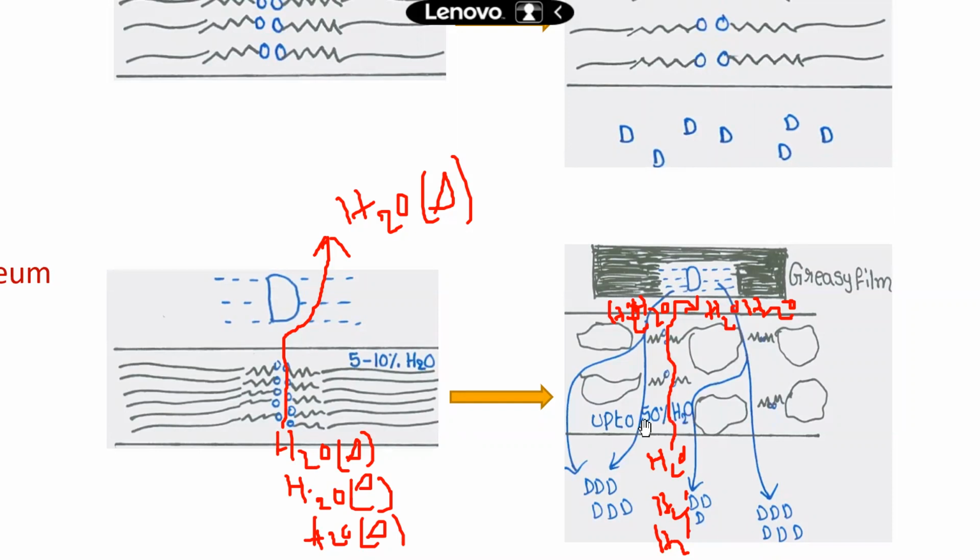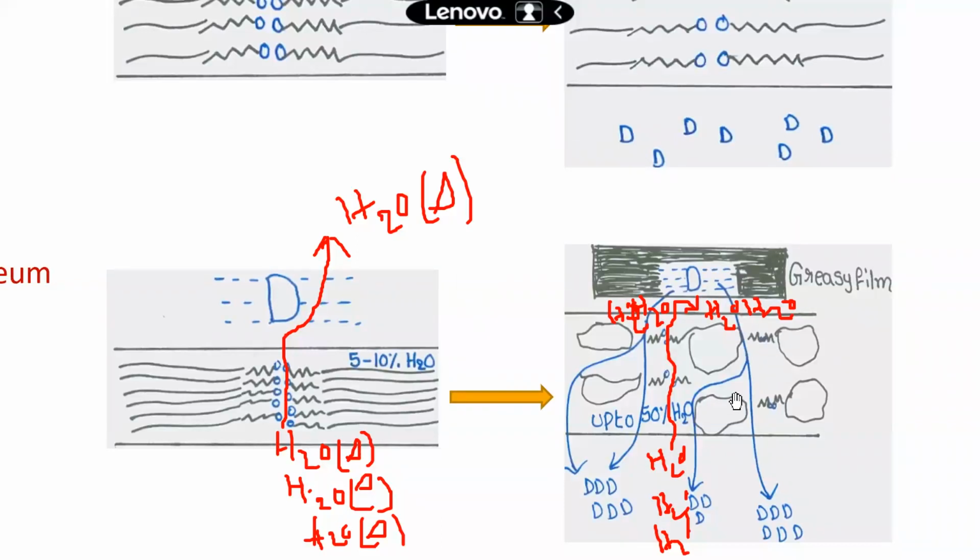That's why, sir, how can I increase the moisture content in stratum corneum up to 50%? By applying the greasy substance, by applying the greasy film. You can apply coconut oil, castor oil, any greasy substance. That greasy substance always repels the water. So the repelled water must be partitioned between the skin surface and greasy film. That moisture is rapidly taken up by these keratin fibers and prone to swelling, so the spaces between the fibers will be increased. Through the spaces, the drug will penetrate and more amount will enter into blood.